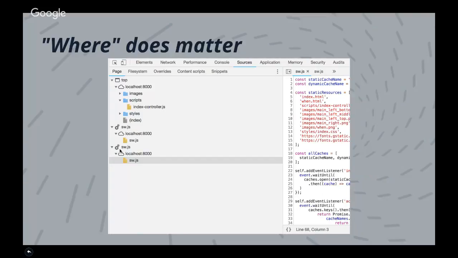And these are actually multiple versions of Service Workers. Why I'm showing you this: I got into an issue debugging Service Workers because I was putting the debugger on the wrong Service Worker when I had multiple versions. So knowing where this lives will help you when you build your Service Worker.